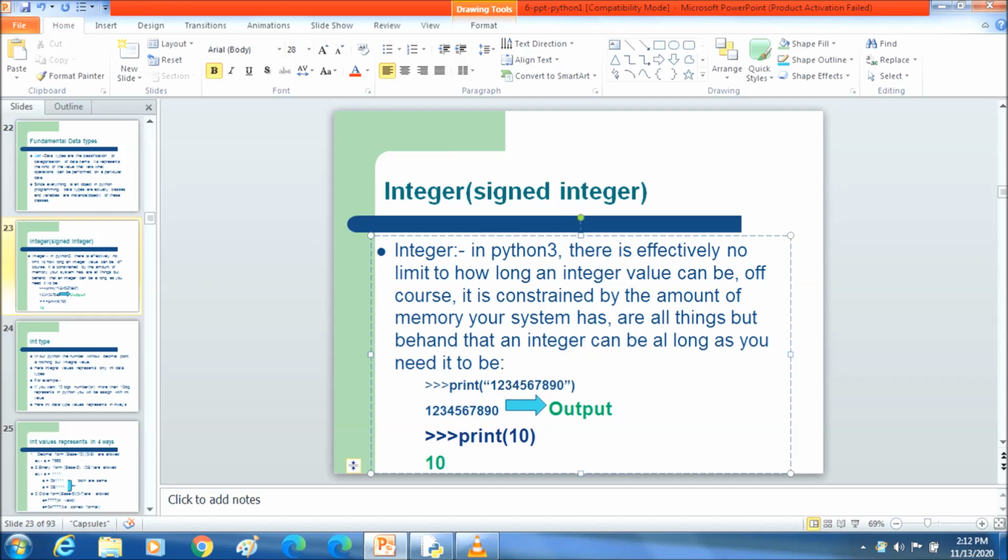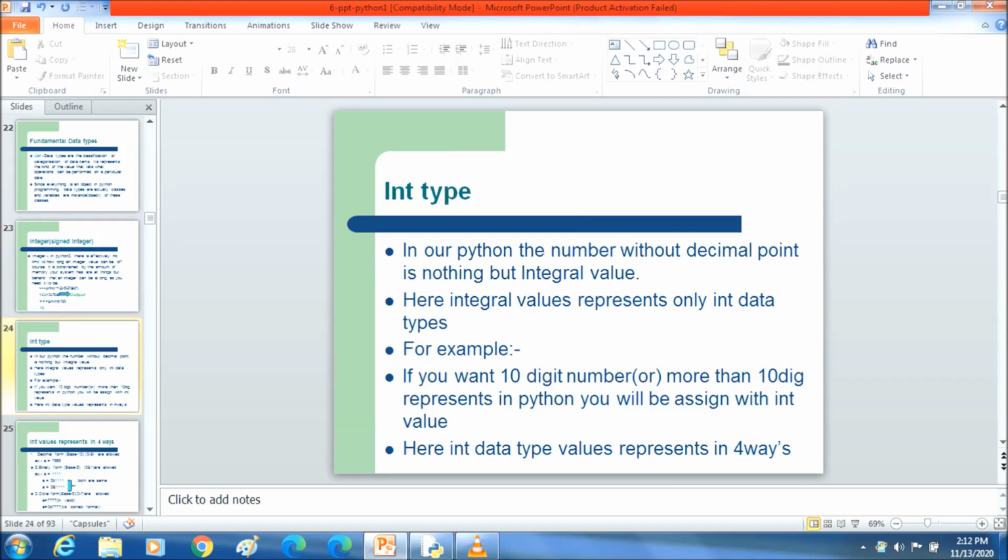Python interprets a sequence of decimal digits without any prefix to be a decimal number. Print of 10 and you will get 10. In Python, an integer is nothing but a number without a decimal point. Here int and integral value are both the same.